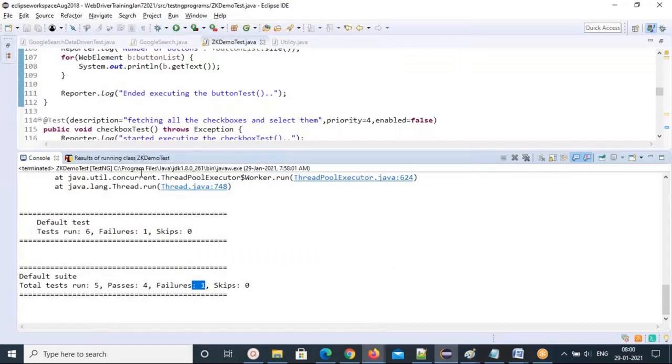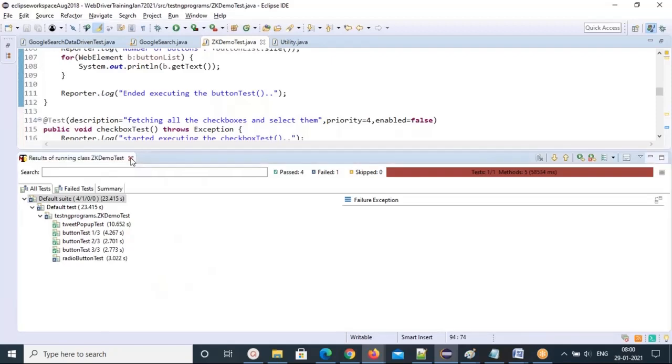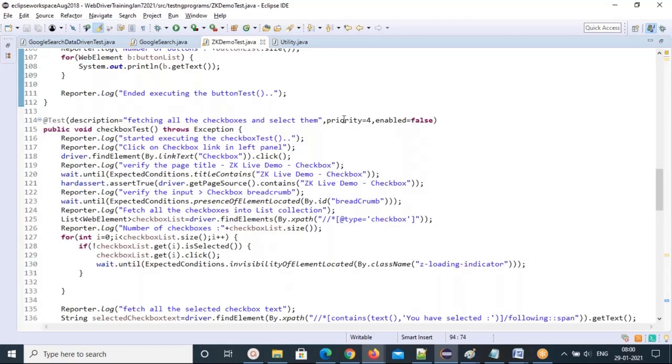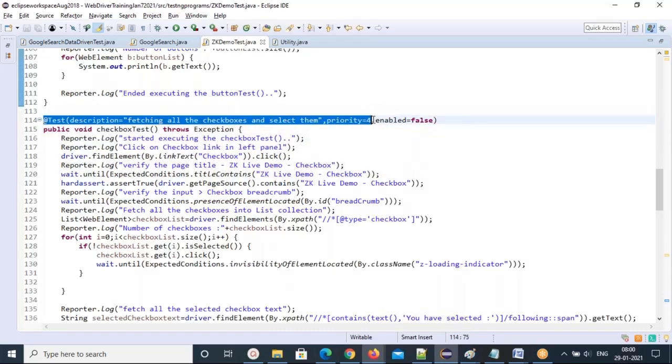And one more concept I want to explain here. Suppose a few test cases, I'll just comment out this, okay? I'll take this till here only, because we don't want disabling now.